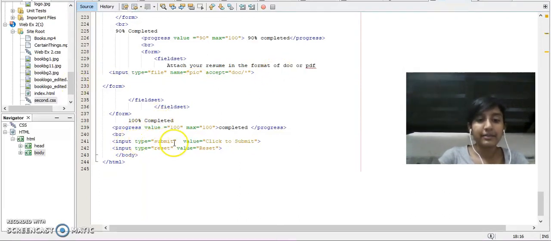Next is your submit tags. As we have said earlier, once it's submitted, it just vanishes, and then a reset button is given so that you can reset it and do it all over again. Now I'm just going to run the